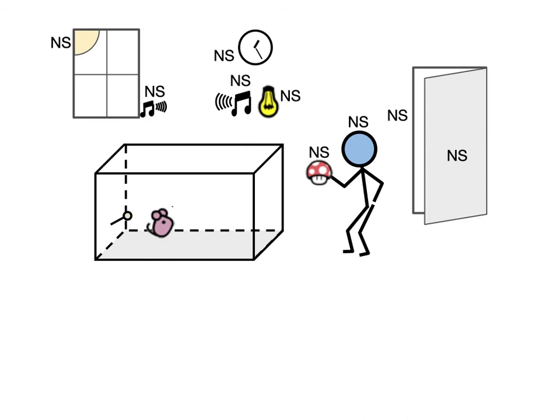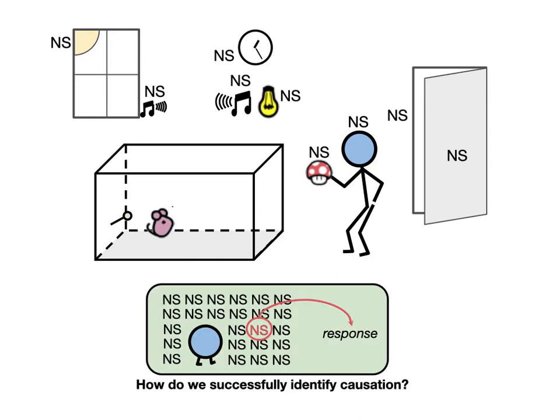For example, here's the world full of stuff. There's a mouse in a cage, it's got a lever, it's got sound and light coming in from outside, there's a clock on the wall that makes a sound sometimes and it has a visual stimulus, there's a person who comes in sometimes with food, there's a door that can move and make sounds, blah, blah, blah. There's so much stuff in the environment. How do we actually identify the causation, right? There is always a little bit of sound coming in from outside. Shouldn't that just make me think that all outside sounds mean food?